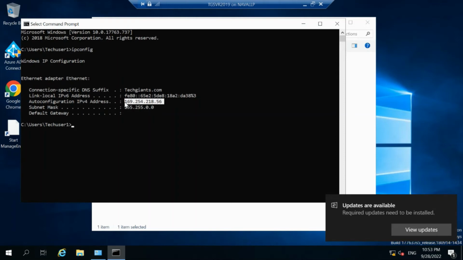Whenever a machine does not find an IP address from a DHCP server or from a static configuration, it assigns itself an APIPA address, which is of the range 169.254.0.0. So always remember that if a virtual machine does not get an IP address from DHCP or static way, it will assign an APIPA to itself,